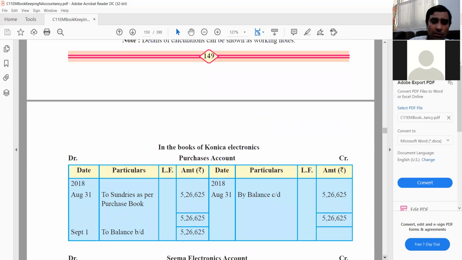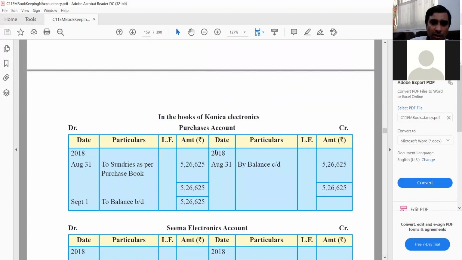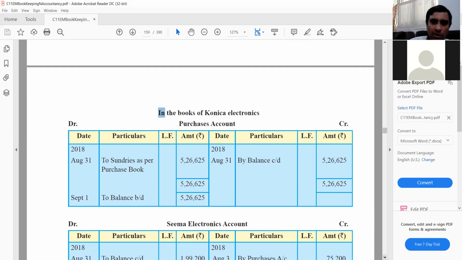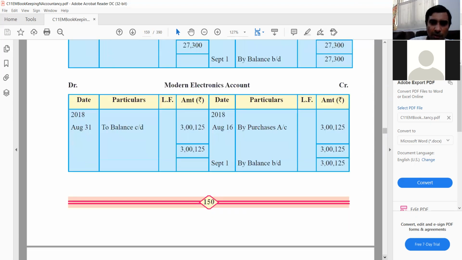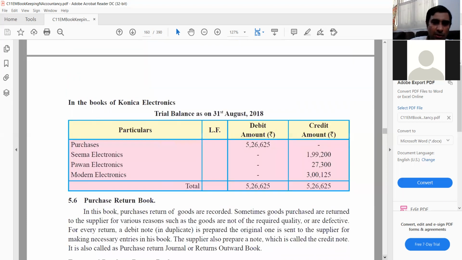Okay. So now this is posting to the ledgers. Like I said in the last lecture on cash book, the sequence we are following is we are first doing the subsidiary books. Afterwards, we will be doing ledger. So this posting part of ledger entries, we will omit right now. After we cover ledger, you will understand how to do the postings. So we jump this over.